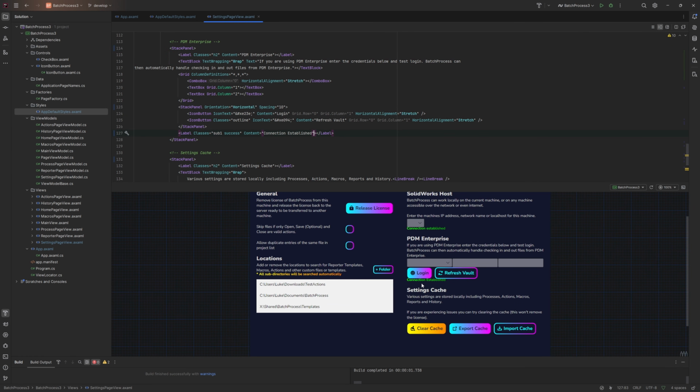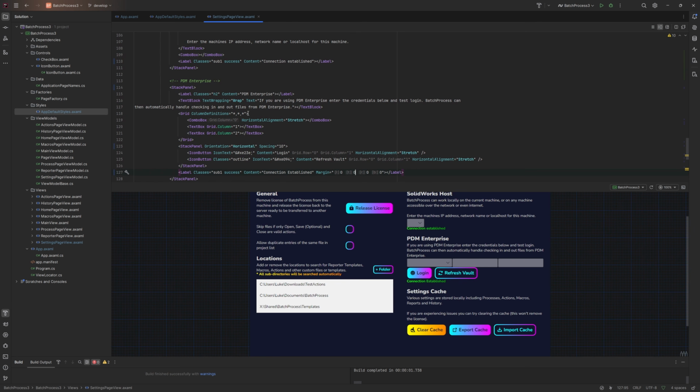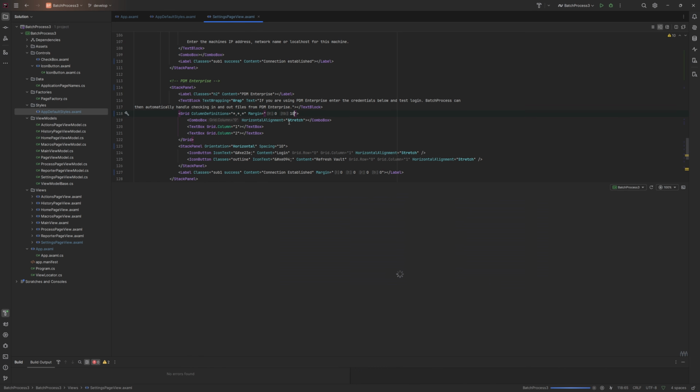In fact, we probably want then more padding. So we probably want an extra 5 adding back, or just zeroing it. There we go. And then we need space in between the grid here. So margin 0, 10. And I think, let's just run this now, but I think that's everything bar the styling